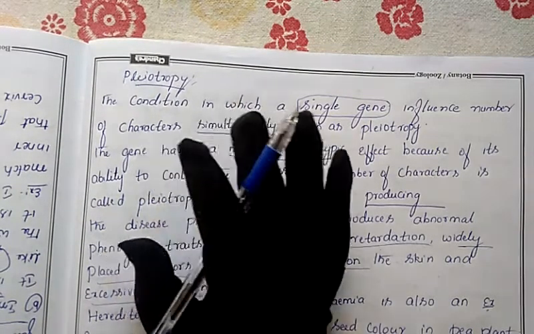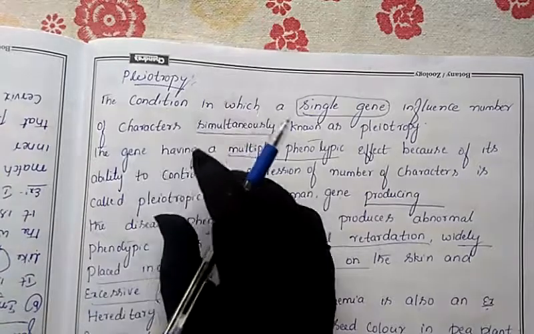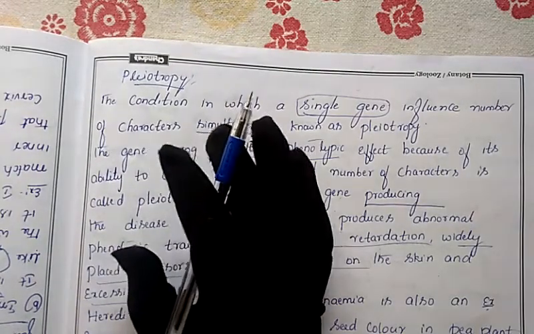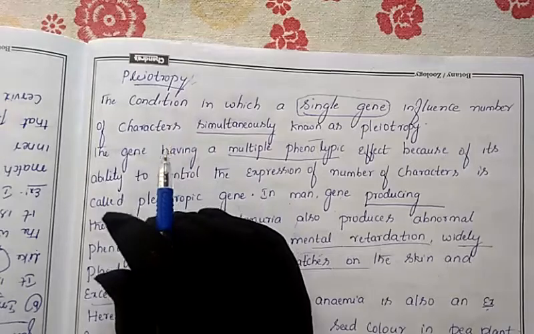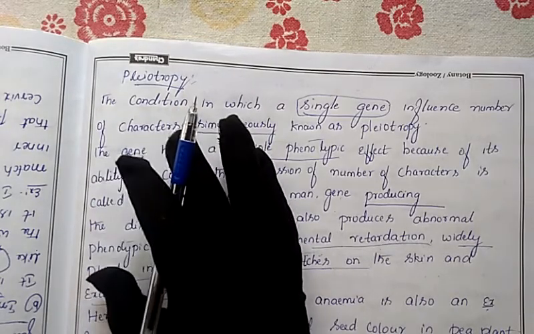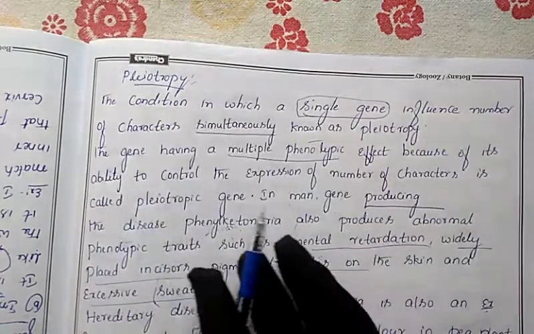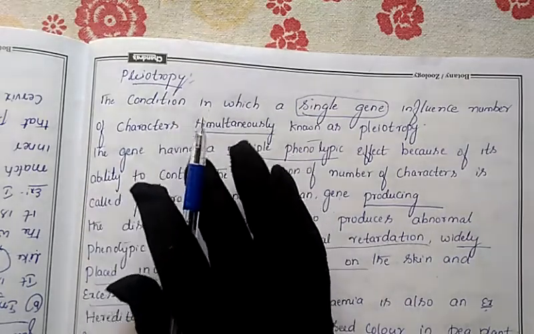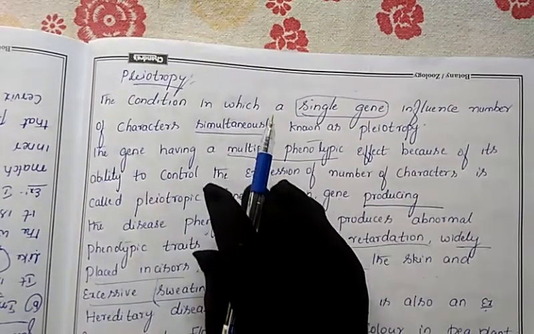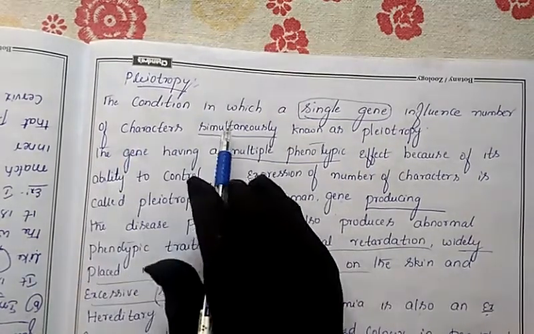It is doing this work also, that work also, at a time. Just like your mother in the morning does all the work at a time. She wakes you up, she gets your dress ready, and on the other side she prepares the food. Simultaneously she goes on doing all the work. In the same manner, a single gene performs different work simultaneously.